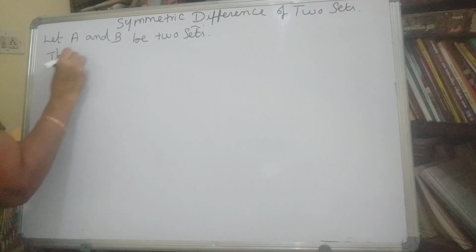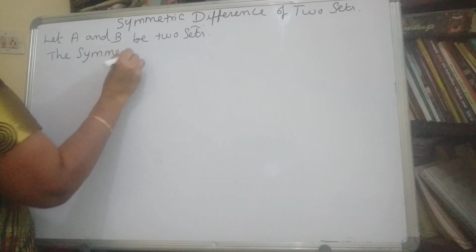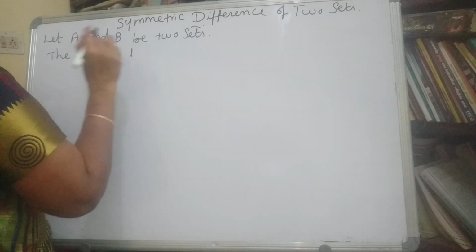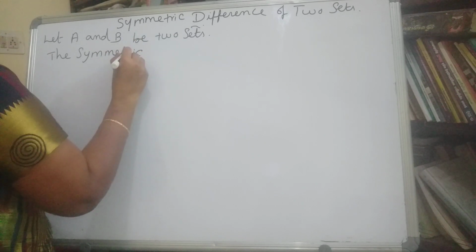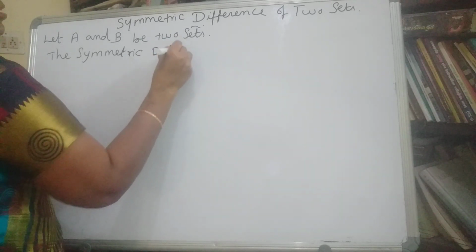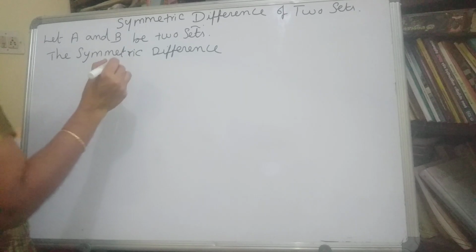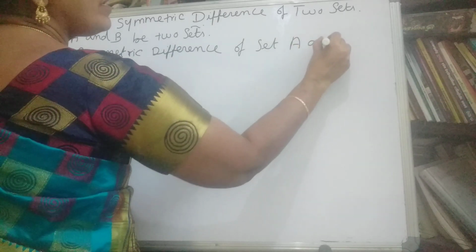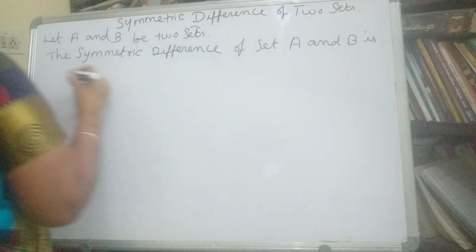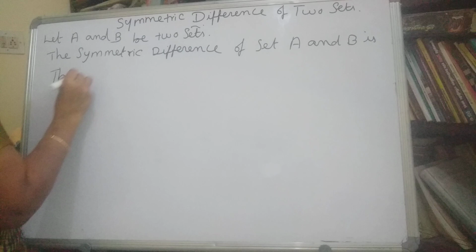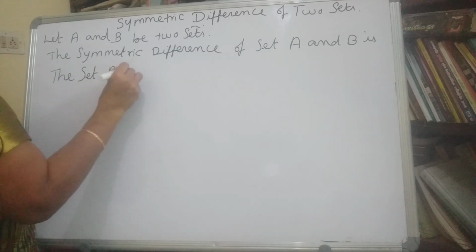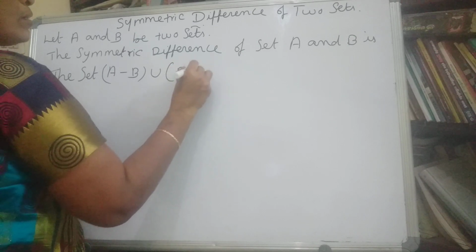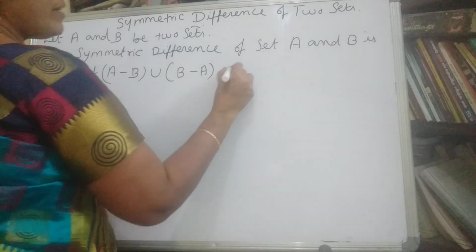The symmetric difference of sets A and B is the set A minus B union B minus A, and is denoted by